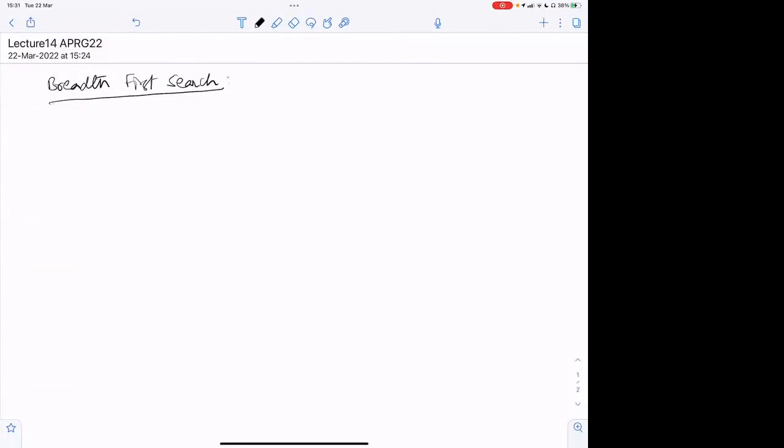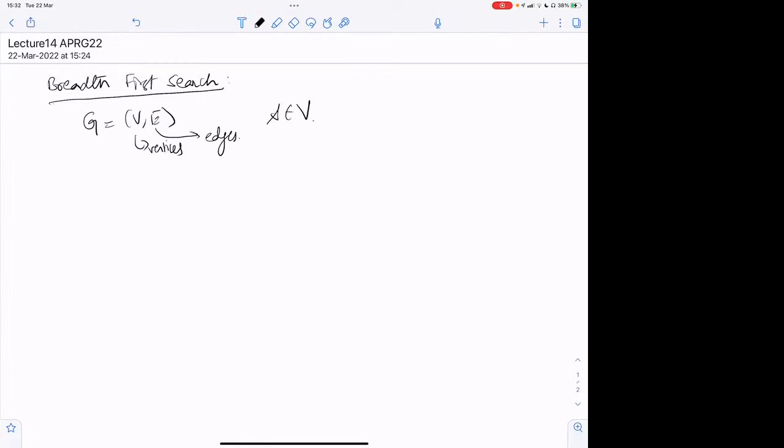You are given a graph G equal to V comma E. V are the vertices, E are the edges, and you are given a specific vertex S belonging to V, correct? And you want to know the vertices which are reachable from S, correct? And you want to do this in a breadth first fashion, meaning that